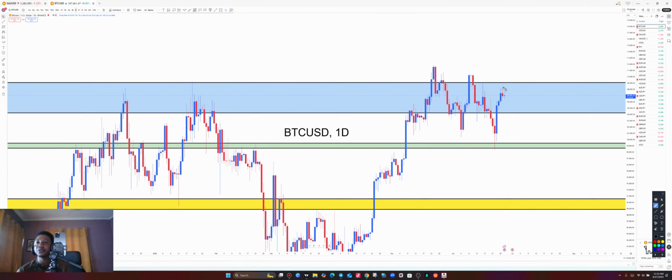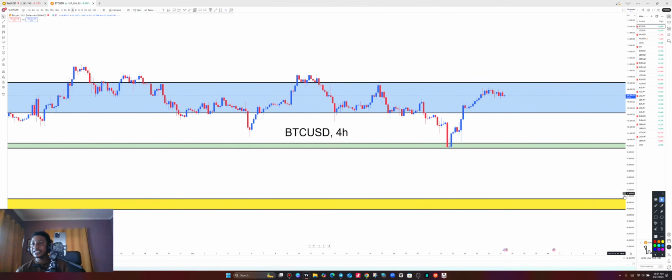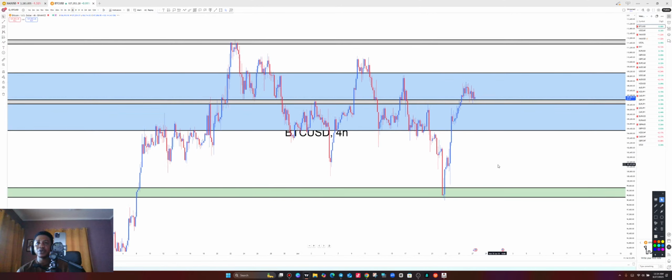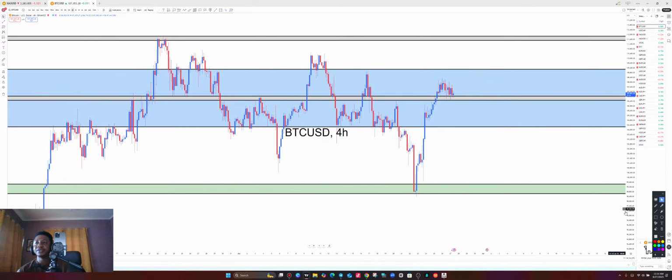So how do we pick buys from here to go all the way up there? Let's find out as we take it again to a 4-hour time frame. All right, so this is the 4-hour time frame of BTC USD. Let's put meaning into it. We have the upper zone, the lower zone. Look at this on the 4-hour. Price has managed to break above the 4-hour resistance level with a push. After a push, what happens? Retest. After the retest, there should be a continuation push all the way to the upside.